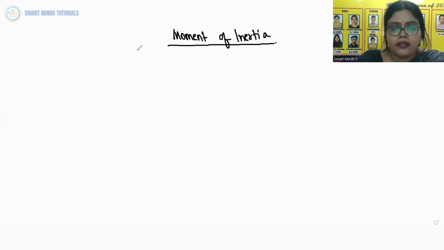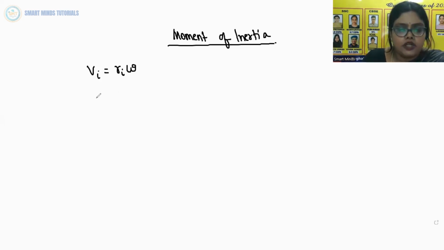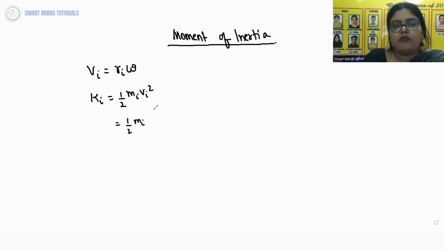Now for a particle at a distance from the axis, what is the formula for linear velocity? Vi is equal to Ri omega. And the kinetic energy of the particle is Ki is equal to half mi vi square. Since Vi is Ri omega, we can write this as half mi Ri square omega square,